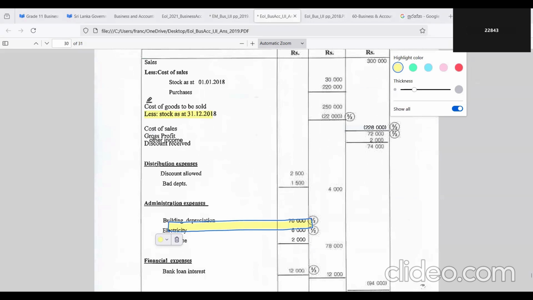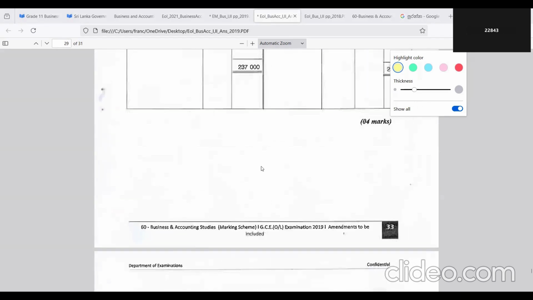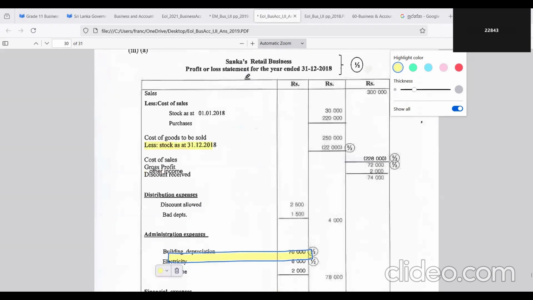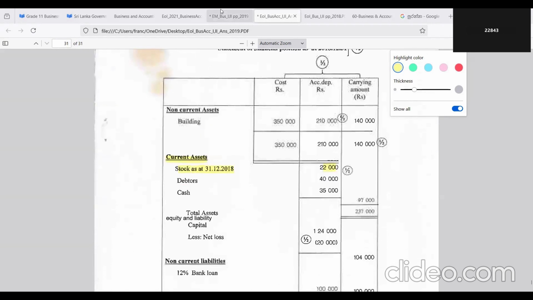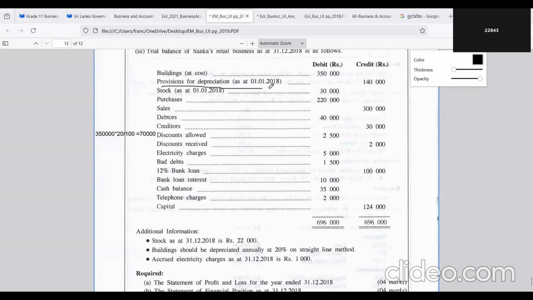Another difference you can see, compared to the textbook activities, is that past paper question number 7 is small. So you don't need to worry a lot, but if you don't practice properly, it is complex. Earlier I said something confusing. In the classes, you are getting confused when there is a provision for depreciation. Now, listen to this point very carefully. Here we have a provision for depreciation,